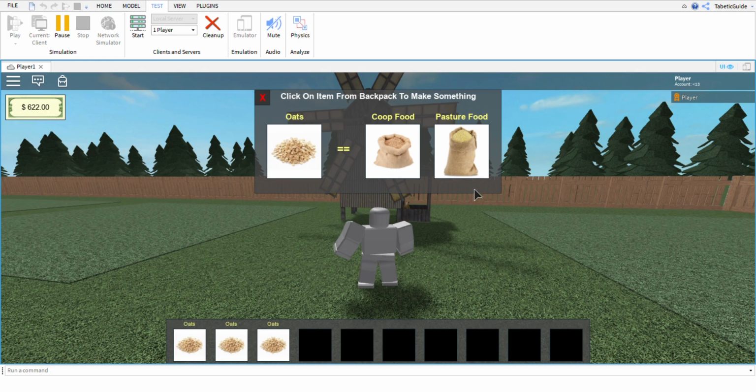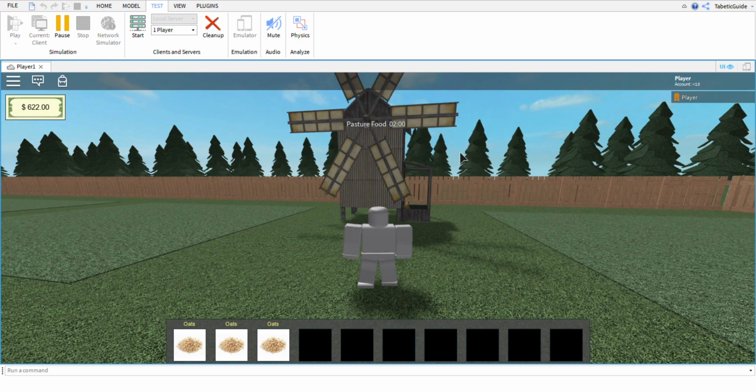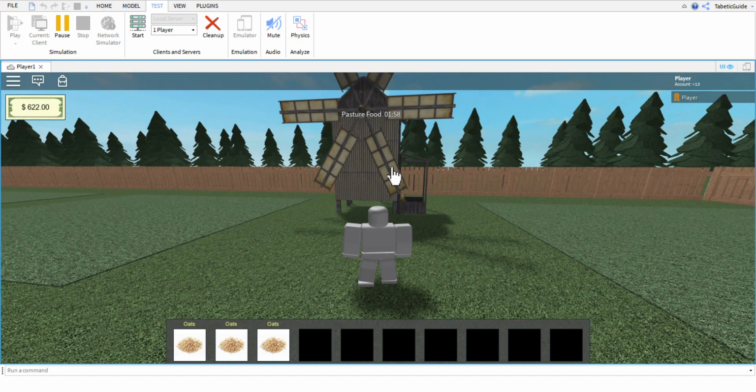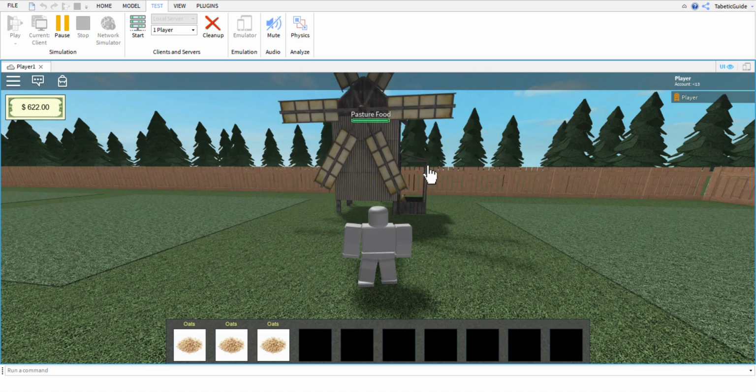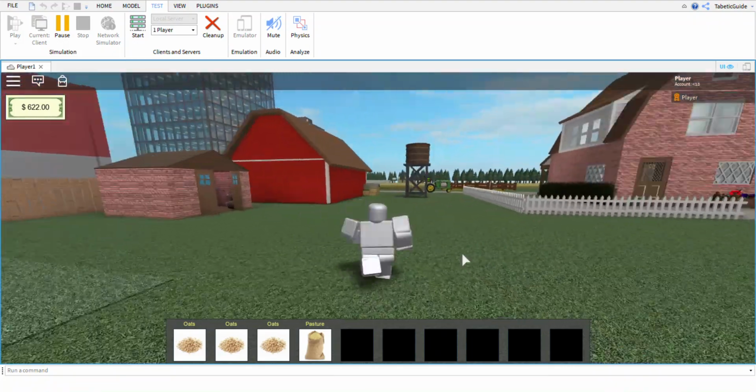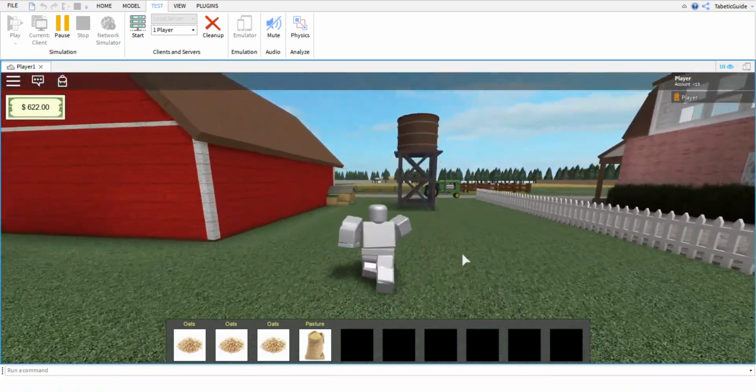Now, because our cow is in the pasture, we want the pasture food, so we're going to give that a click. It starts the timer. For the sake of this video, we're going to speed things up though, so that we don't force you to sit there and watch it for the full 2 minutes. There. Once it's done, you just give it a click and it pops instantly into your backpack, and you're good to go. Now we just head on over back to the pasture,